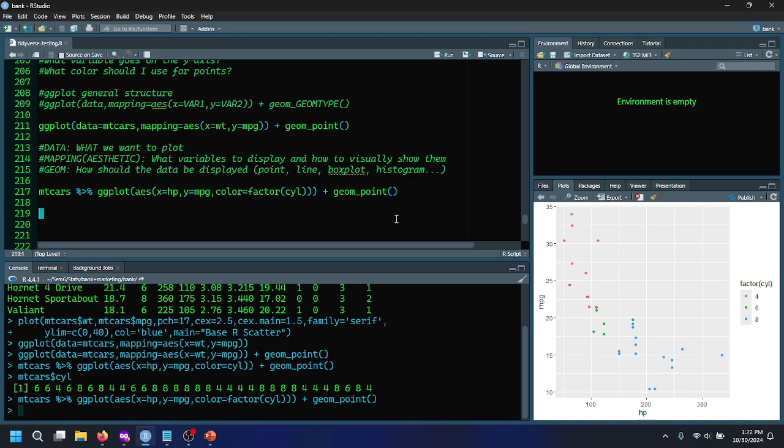And we've even seen that it adds a legend. It's smart, and it adds a legend for us. It's not smart enough to title it something nice, but it does add a legend of the different values. And by the way,